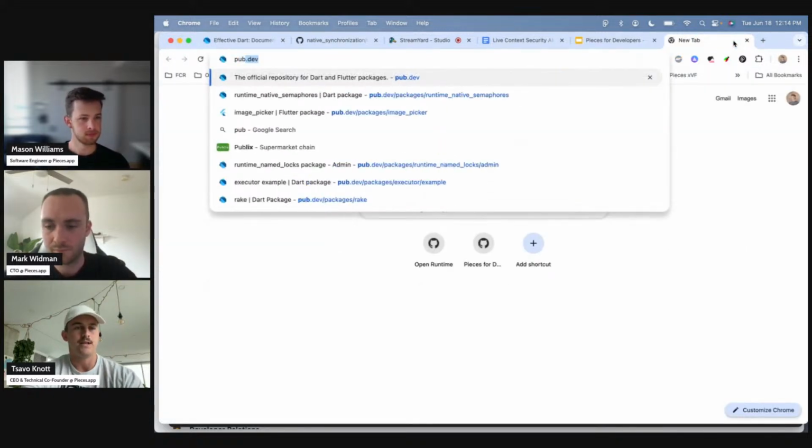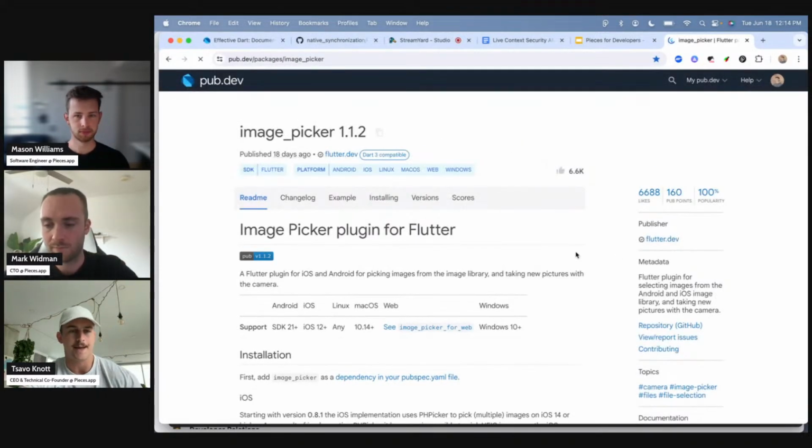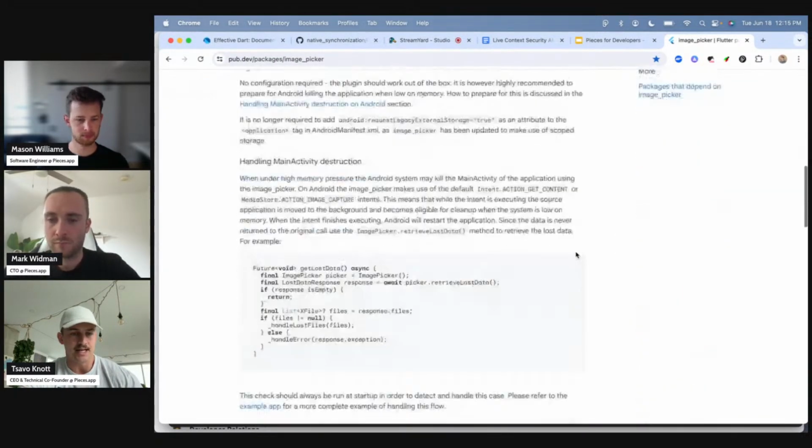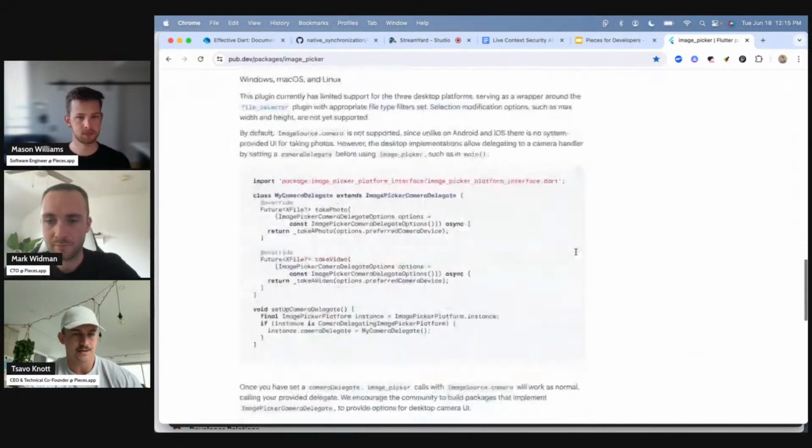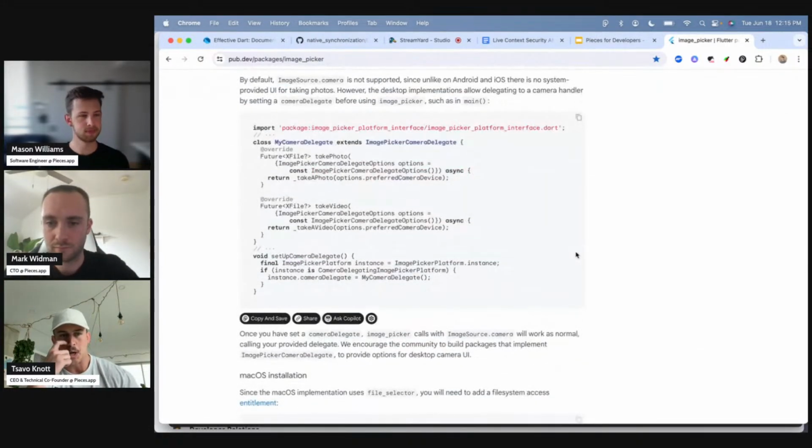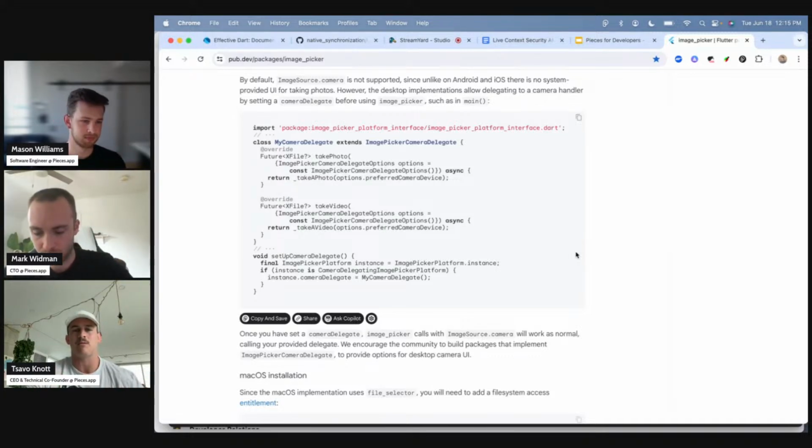So I'll pull up my documentation, and maybe I'm taking a look at this image picker package, right? And so many developers to date give it a browse. They're taking a look at it. They see a bit of code. They're like, okay, this is a pretty interesting implementation. I could see myself using it. And it's so funny because we always joke that a code snippet is worth 1,000 words, kind of like an image is worth 1,000 words. But you can learn so much about a package and the developer experience of using that package, how clean is the API and so on, just from a bit of code.